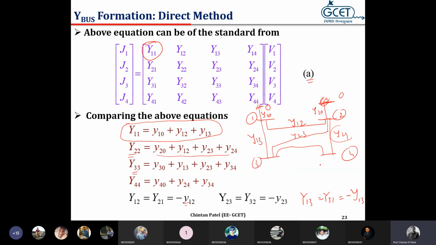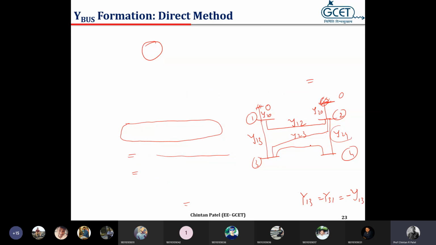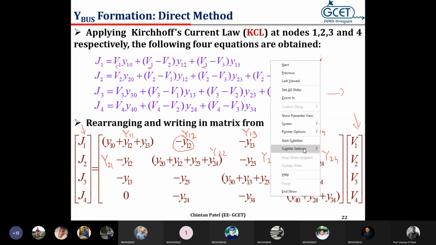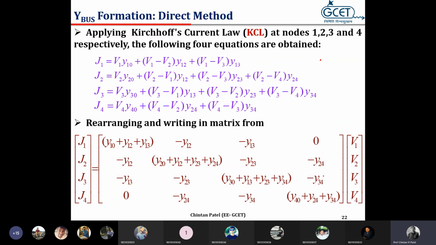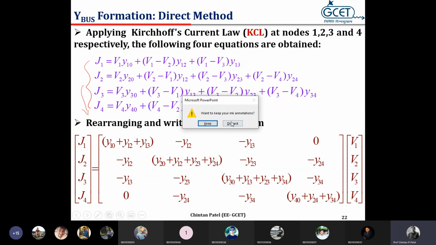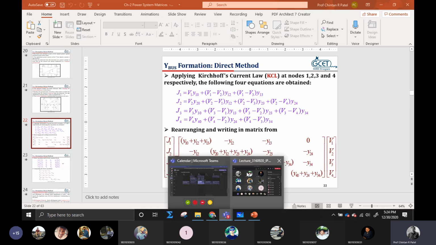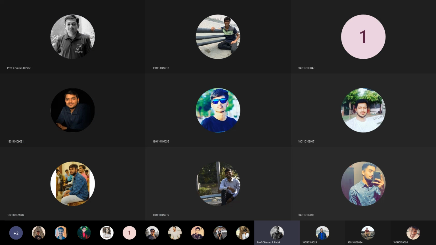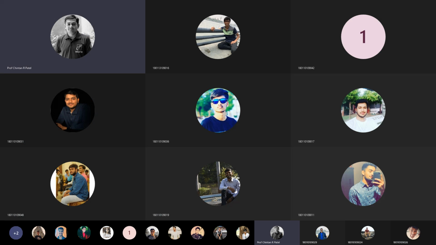Okay, so we stop here. In the next lecture we will discuss further, but meanwhile you can do this task. This slide, slide number 22, is also given in the book by Nagrath Kothari. So you expand this and try to convert this set of equations into matrix form. Okay, so in tomorrow's lecture we will discuss Y bus further. Okay, so again I am telling you